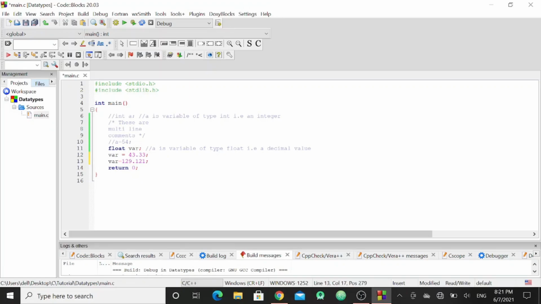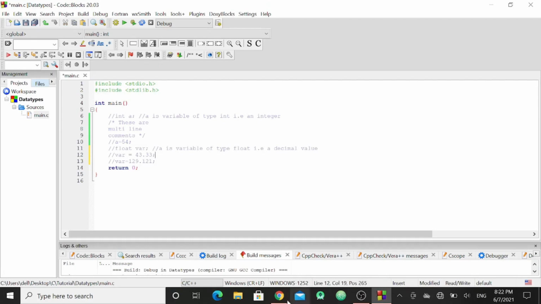That is about float. And for double, you can go through the double in the blog. I'll provide the link in the description. So I will comment it for now, and I'll provide the source code in the description below.